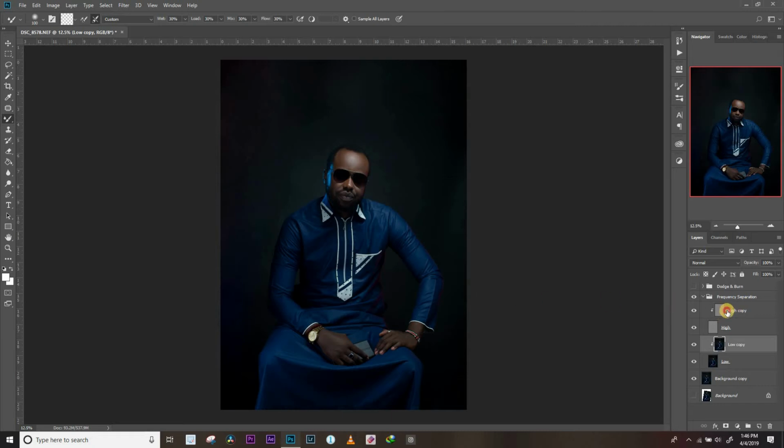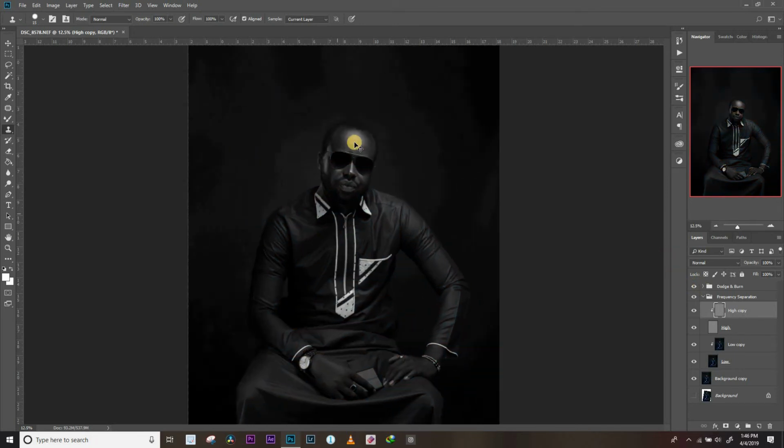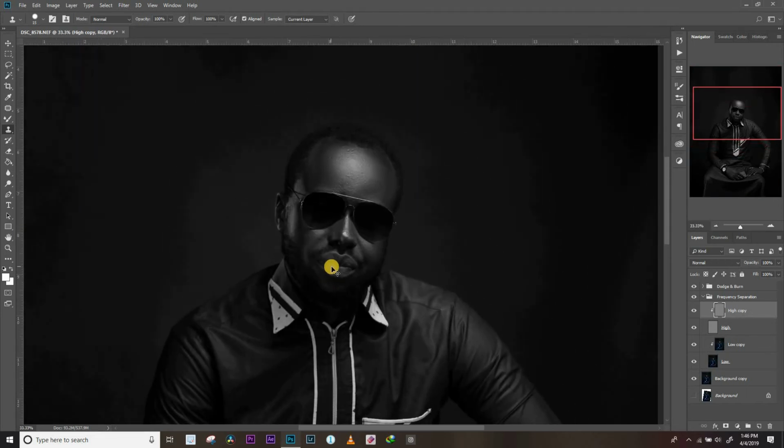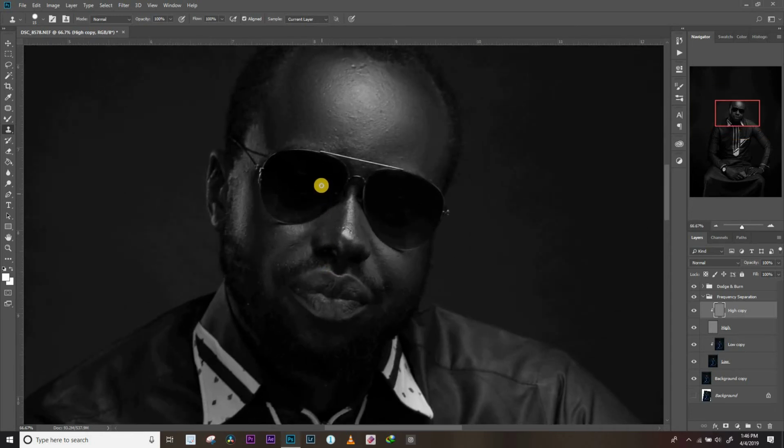I'll just select the high copy layer to deal with texture, and then go to my left side and choose the clone stamp tool. I'll turn off my dodging and burning layer to see the texture well. Just zoom in. I'll reduce the brush. How the clone tool works is you sample a place, then you rub the place you want to fill. Just find the place where there's a good texture,